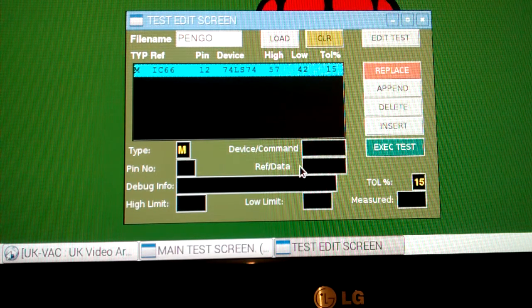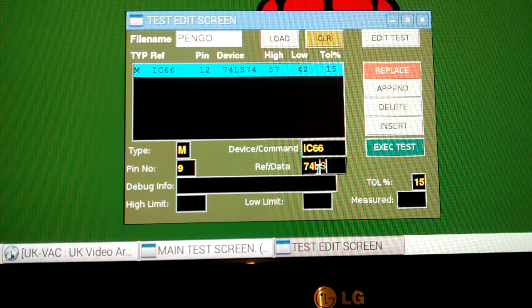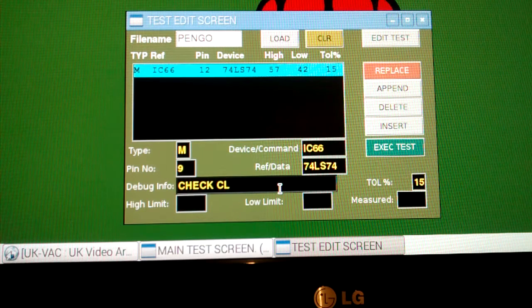Let's do another one. So now what we need to do is another chip. I'll find another one. We'll do the same again, IC66, because that seems to be quite a good chip. This is in the video circuit, so there seems to be quite a few signals flying around here. And this time we're going to use pin 9, and it's a 74 LS 74, and debug information we say check, we can say check clock for example, I'll spell it right,